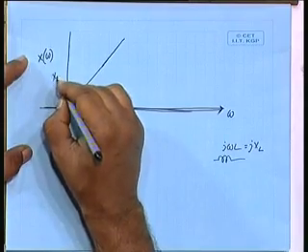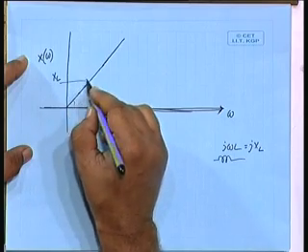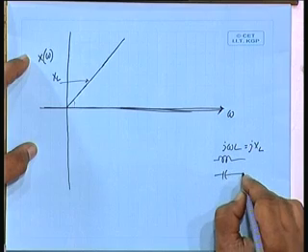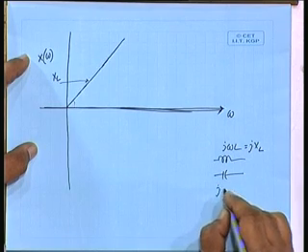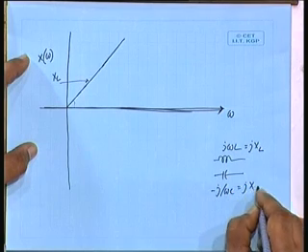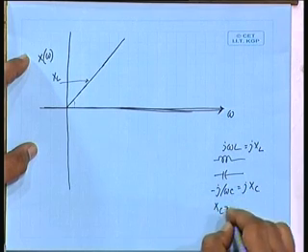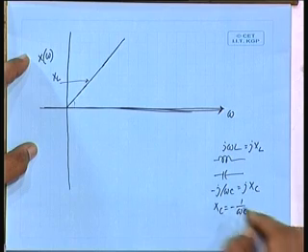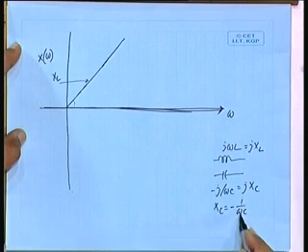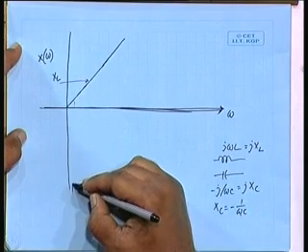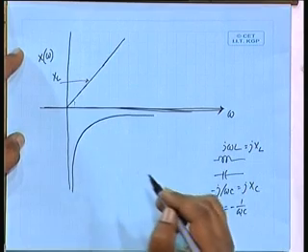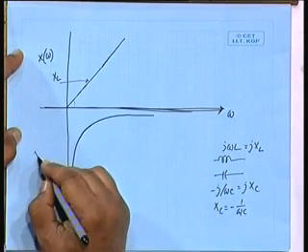So this is X_L. What about X_C? If I have a capacitor, then X_C will be minus j by omega C, is j X_C. So X_C is minus 1 by omega C. Is that all right? X_C is always negative. So it is inversely proportional to frequency, it will be a rectangular hyperbola varying like this. So this is X_C